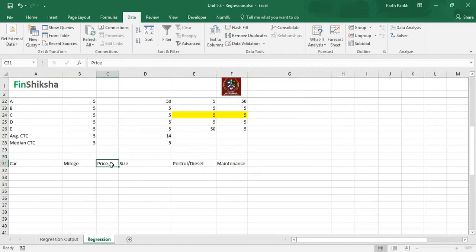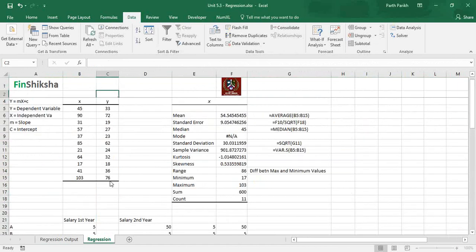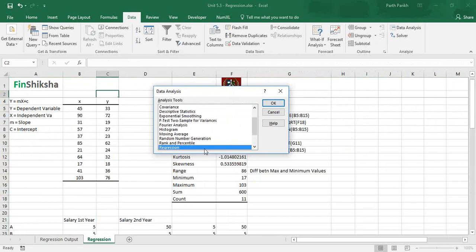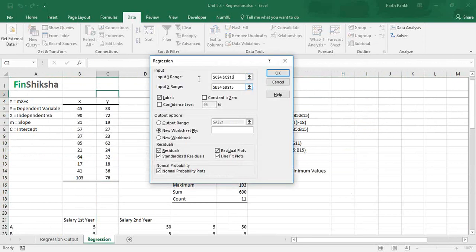Okay, so that's the difference between the dependent variable and independent variable. That's what I wanted you to understand. However, regression, how do we do a regression? You go to Data Analysis, click on Regression, click OK, provide the input Y range and X range, provide the labels if the labels are already part of the range, provide where you want your output, click on the residual chart and normal probability chart, and simply click on OK.